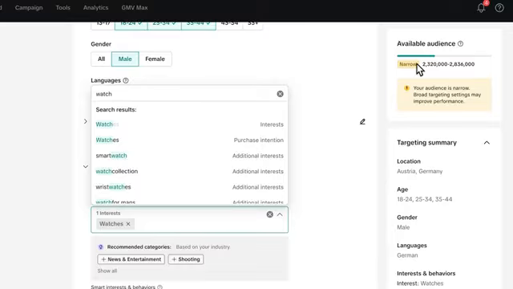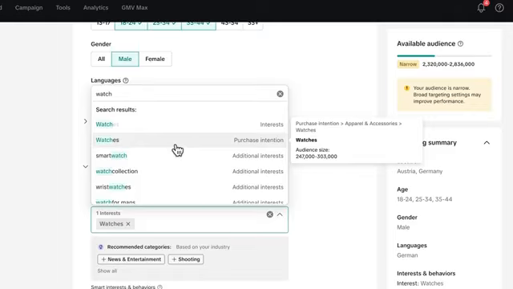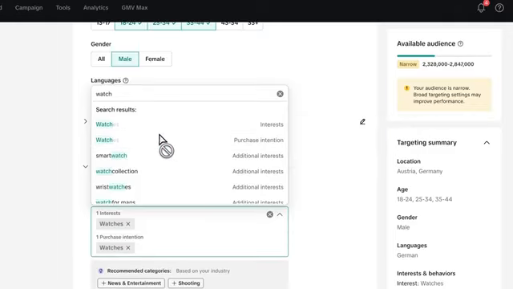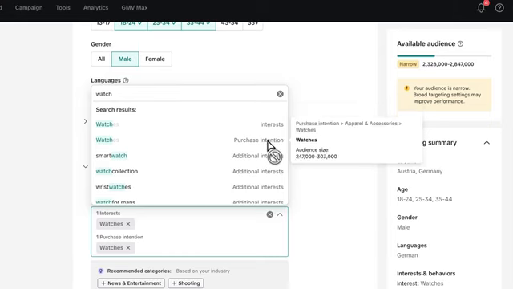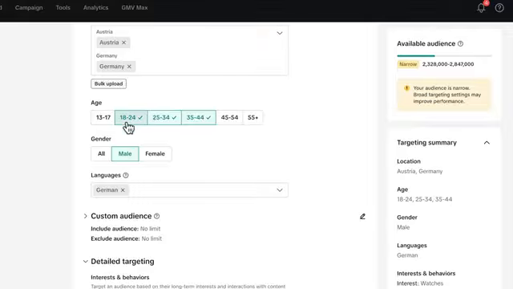Those people are just interested in watches. And you also have people who have a certain purchase intention. So these are people who lately typed into Google, I want to buy a watch. And of course, for people who are interested, this audience size is way bigger. So you can see 6.3 million to 7.8 million people. And for people who have a purchase intention, of course, this audience size is way smaller. For example, here 250,000 people have a certain purchase intention in Germany who are male between the age of 18